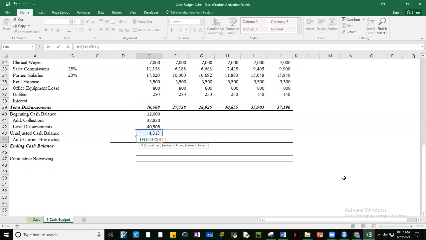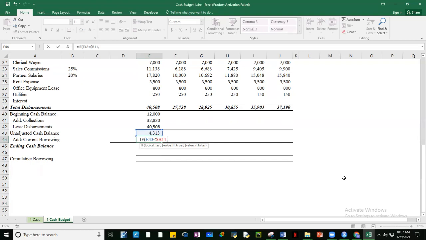Kunyari ito, 4313. Is it less than 10,000? Ng B11 yung 10,000 natin, no? Okay. If so, anong gagawin, guys? Sir, isusubtract po yung minimum cash balance sa E43 po. Okay, correct.